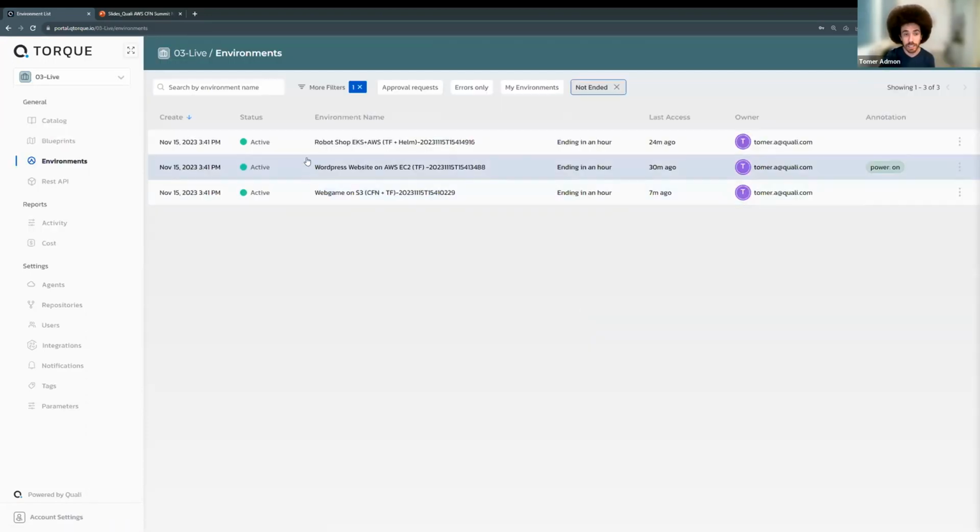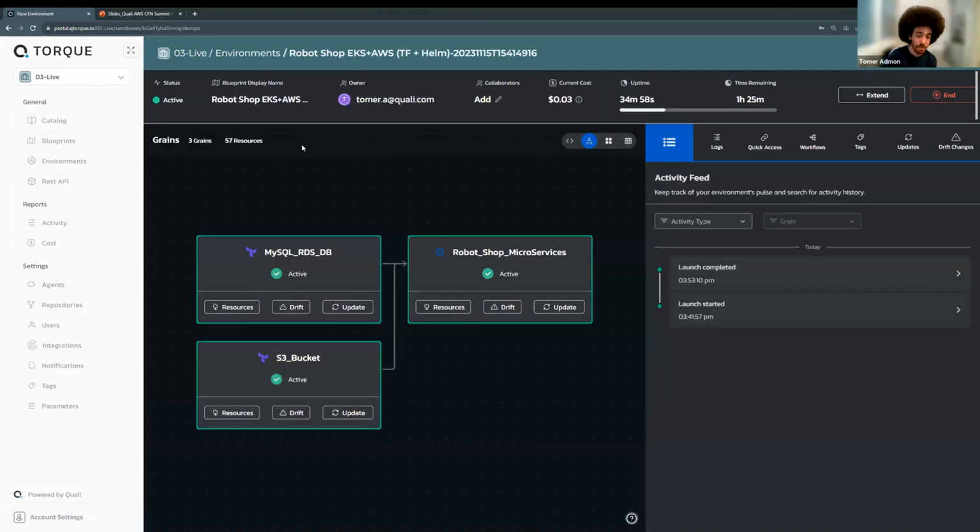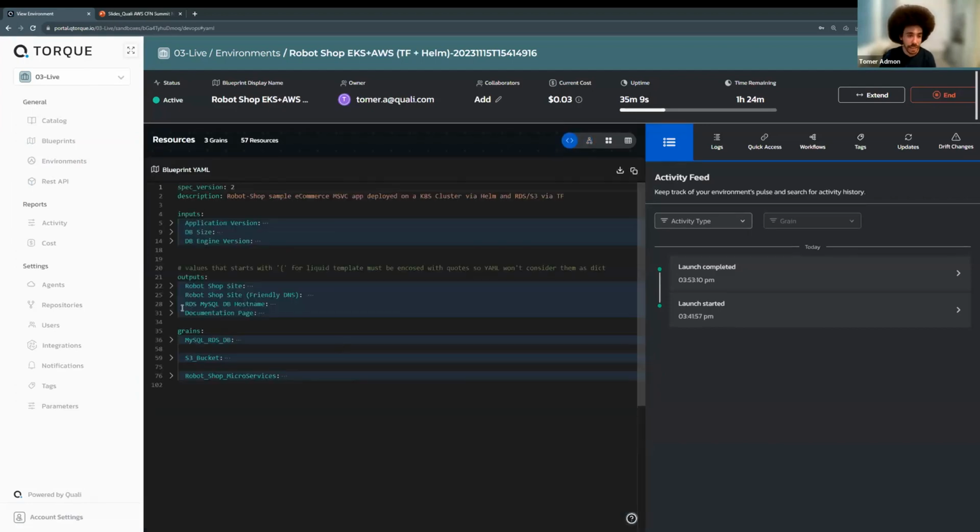Now, this might be a very naive example, but if we go into something a little bit more exciting that involves PaaS services and application, it might look like this. So in this case, we have 3 different grains, 3 building blocks, and the YAML behind it is exactly the same. So the bar for designing those kinds of blueprints, configurations is really, really low.